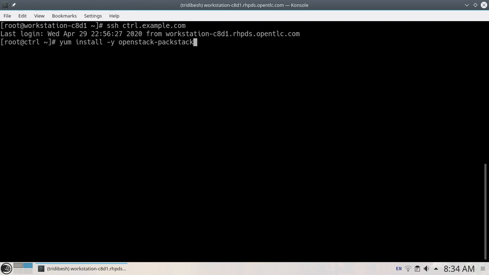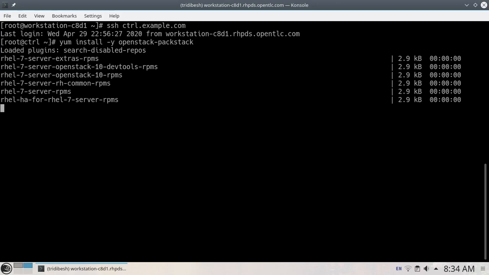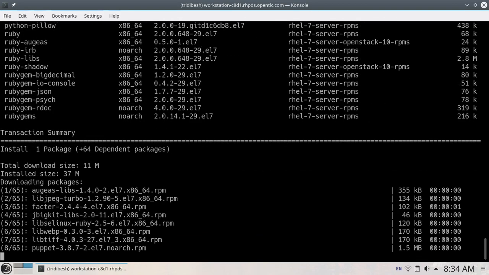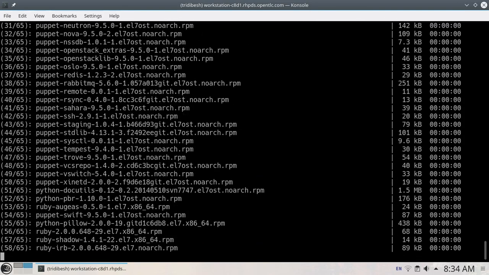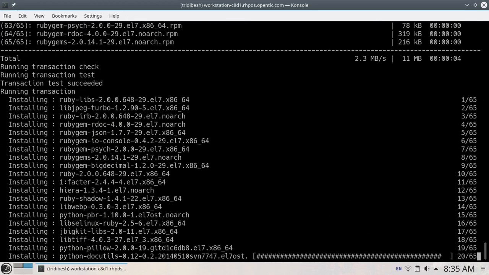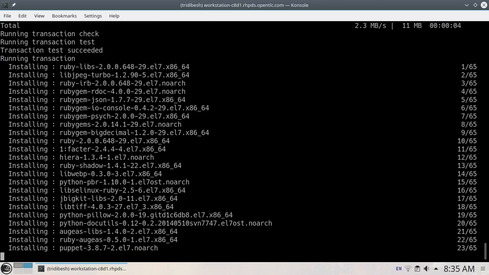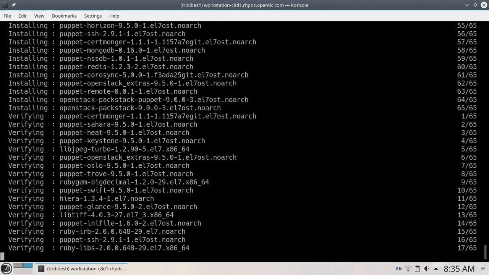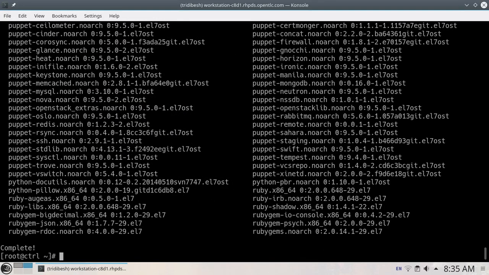If you start installing, you will see this openstack-packstack module installing various other dependency packages. You can see it is installing Ruby, Puppet, and a Python module. Remember one thing: Packstack uses Puppet to configure those modules, so you need to have Puppet available in your repository to proceed with the Packstack installation. It's easy and quick to install Packstack. Now we have done the Packstack installation.